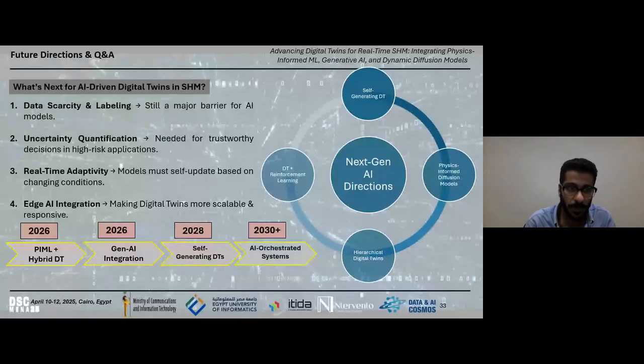So, a quick roadmap for the next 5 years. As I said, the future is bright. We are now trying to talk about self-generating or hierarchical digital twins that can build themselves from building information models and design specifications. These twins will be able to evolve autonomously, learn continuously from sensor data, be embedded with optimization routines, integrate the technologies we discussed during this tutorial, and also be connected to people.